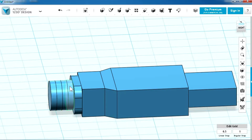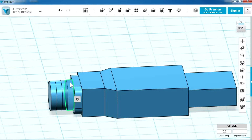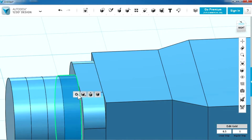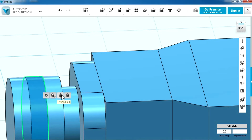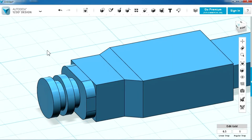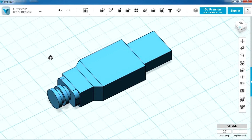Right, and then this one, I'm going to change that face. This one, highlight the item, highlight the face, select press pull, reduce that. That's not bad. It'll do for a rough model of a USB connector. Now that's nominally what we need,